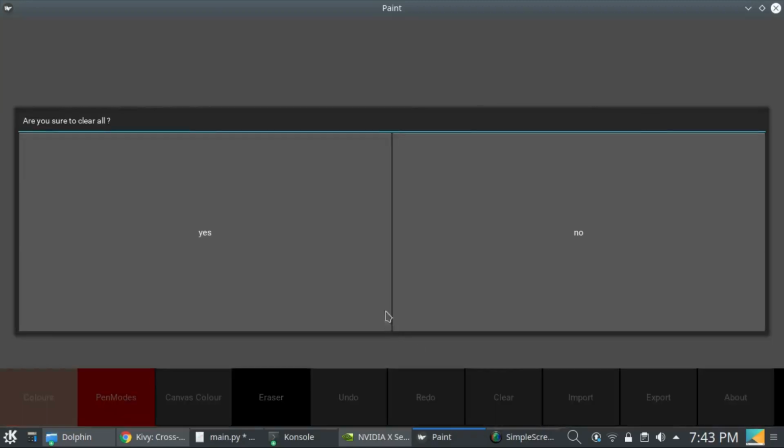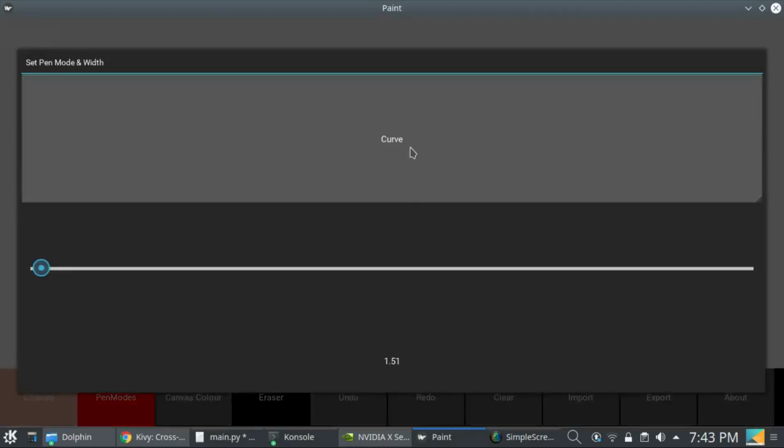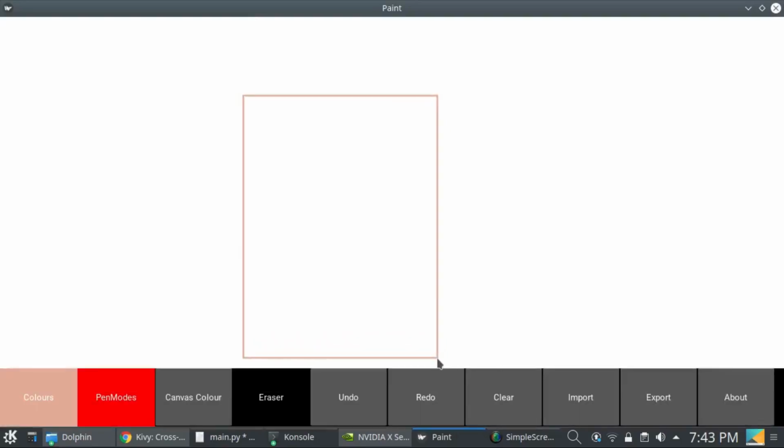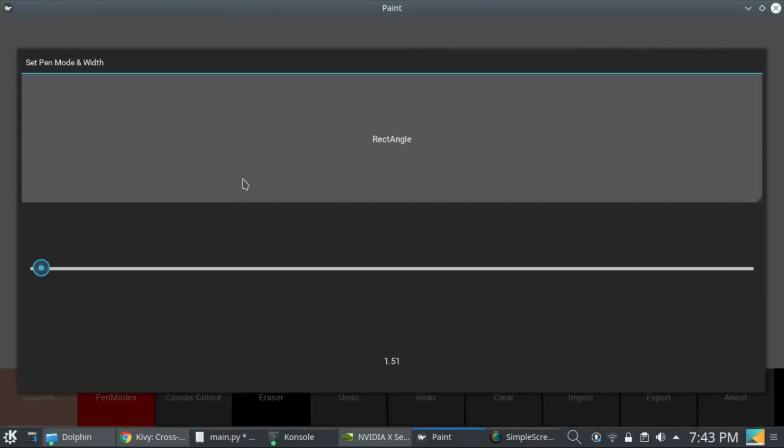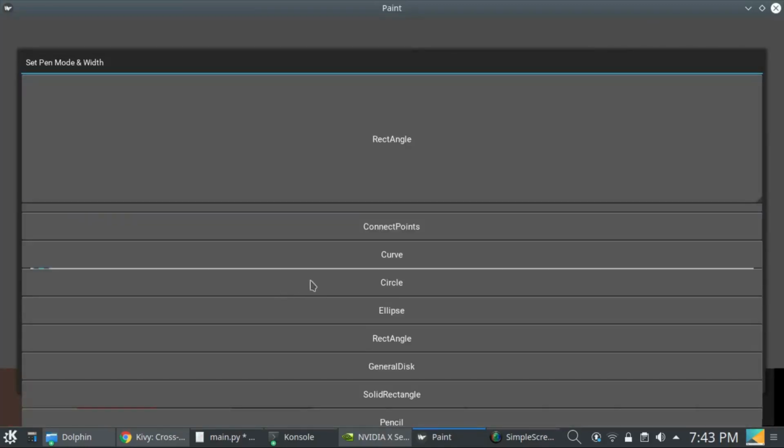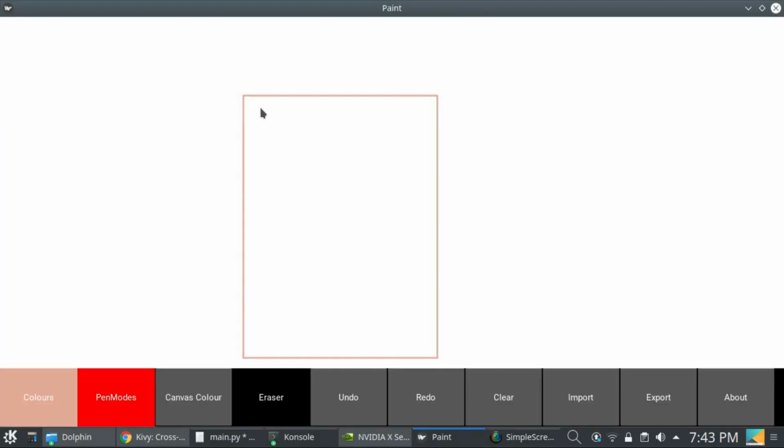So I want to make, let's choose a rectangle, I want to make this rectangle.